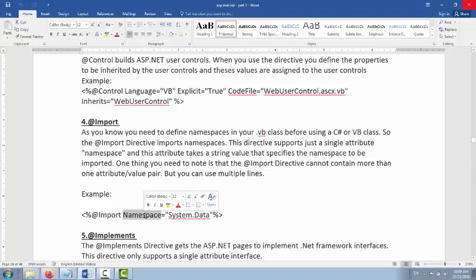In the next line you can put system.data.sqlclient like this. You can write this inside your .aspx page, .master page, or any other page, but you have to write it inside the design part.